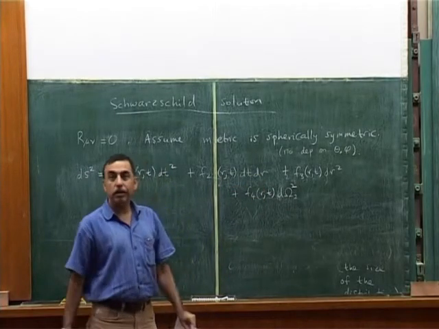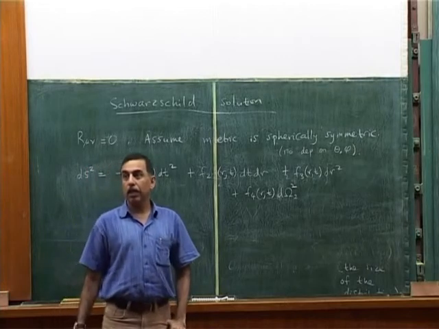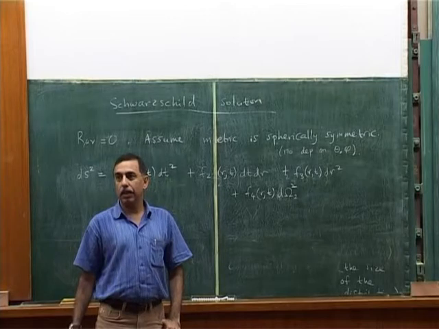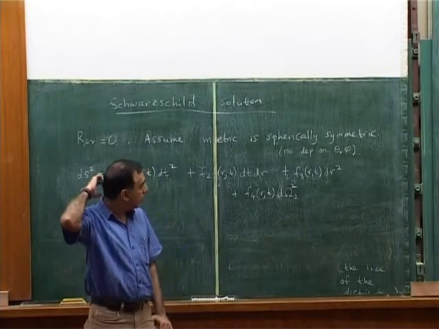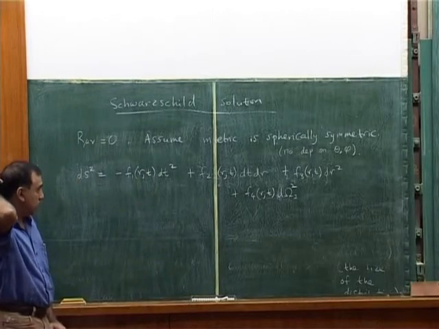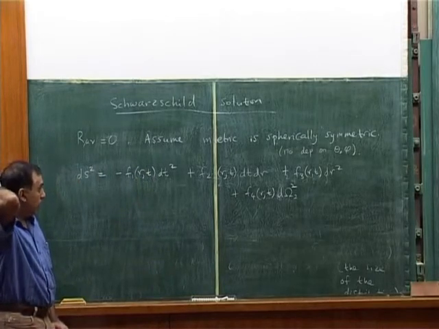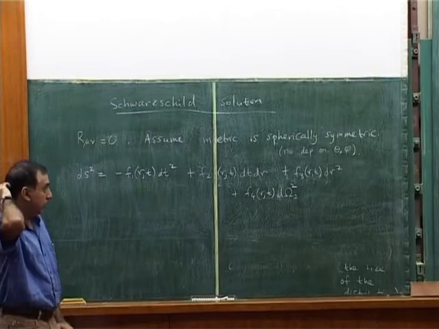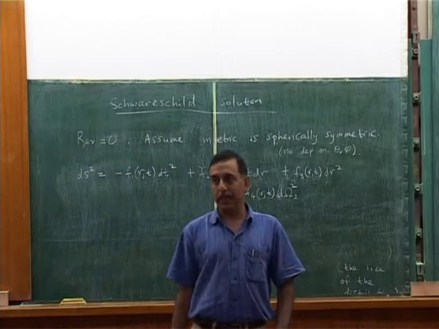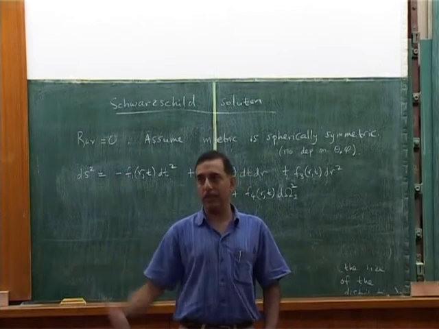Sir? Yes. So we are assuming here only that the metric is spherically symmetric. Yes. Then why are we not keeping the dt d theta and dt d phi terms? Yeah, dt d theta I was just wondering about. I don't think you can have dt d theta terms. Because you see dt d theta is of course invariant under the Killing vector, which is the shift of theta, because theta shifts by a constant.